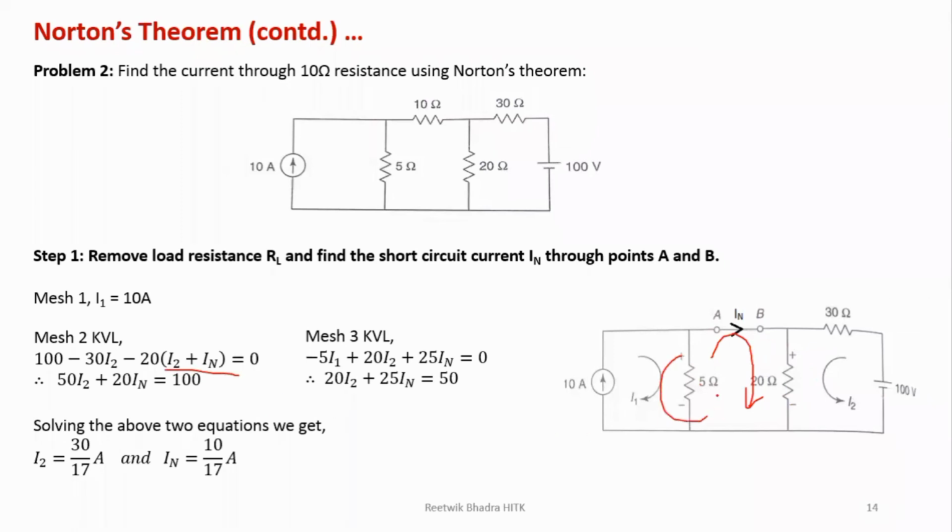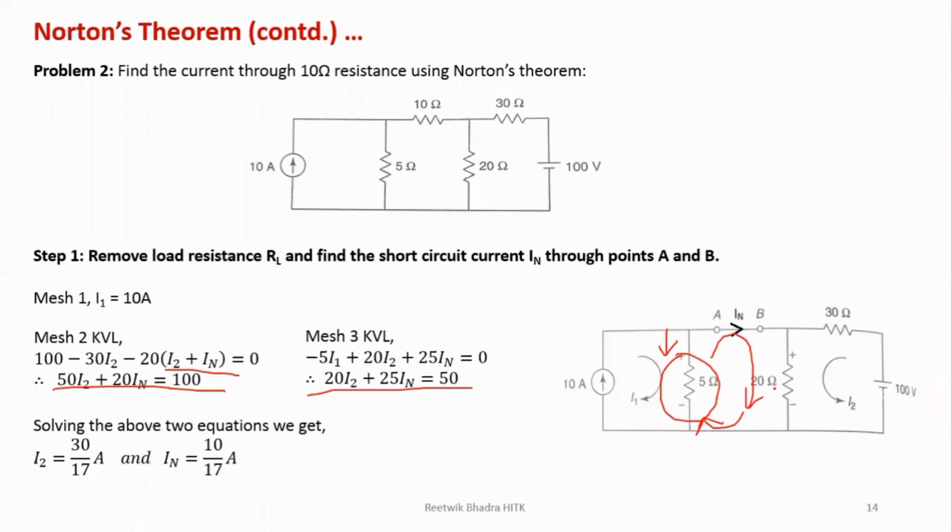But if you find the current through this 5 ohm, this IN is entering from the top, and I1 is entering from the bottom. So over here 5 into IN minus I1 will be the current. Okay, so do that. I'm leaving that as a home task for you, and try to find out this equation. If you have any doubt, you can tell me, or you can ask the teacher who has taught you your mesh node analysis. So try to write this equation and solve it.